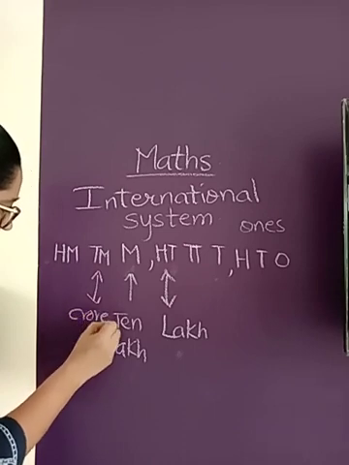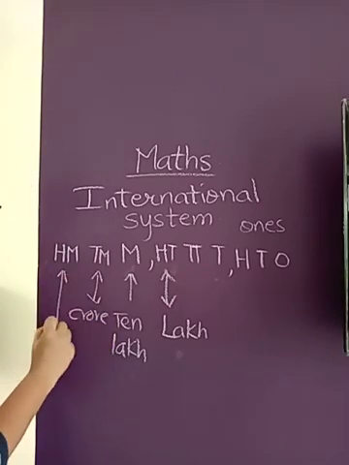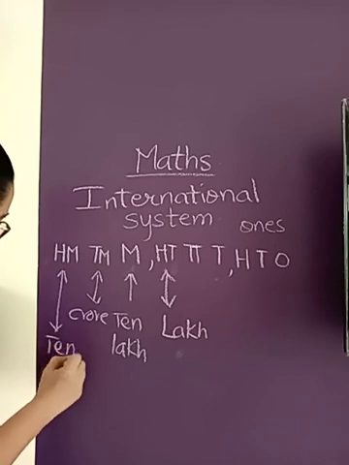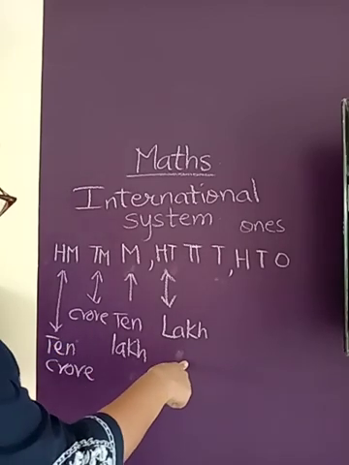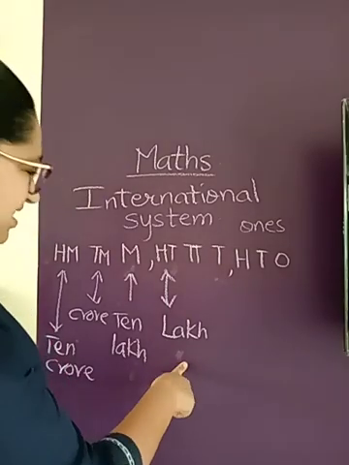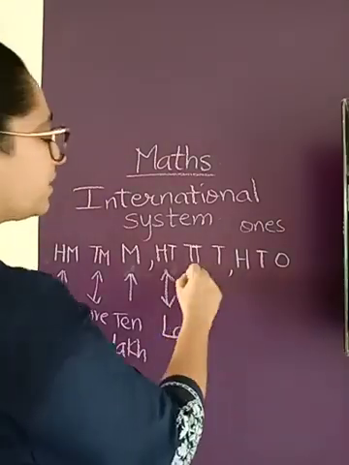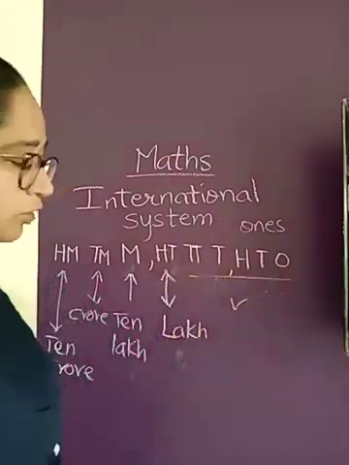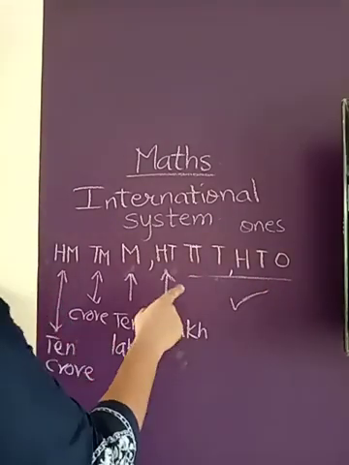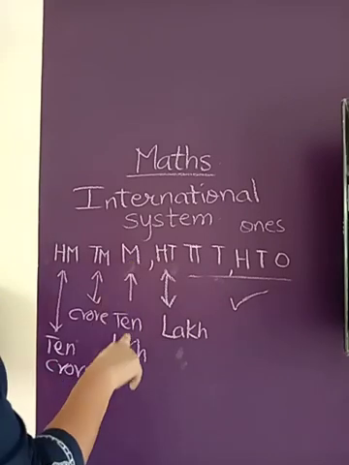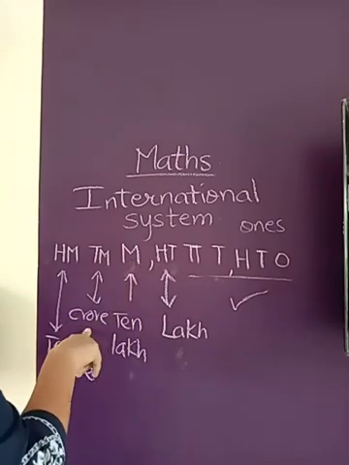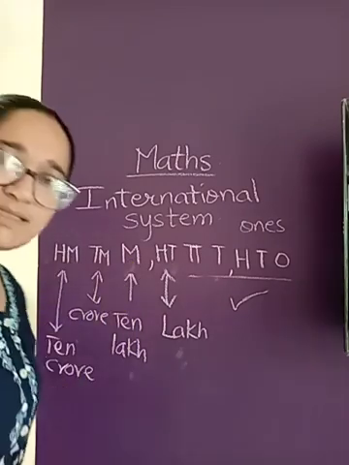We use crore. And 100 million will be 10 crore. So this is the difference here. These 4 digits are the difference here. This all remains the same for both. But this is different. 100,000 is lakh, million is 10 lakh, 10 million is crore, and 100 million is 10 crore.